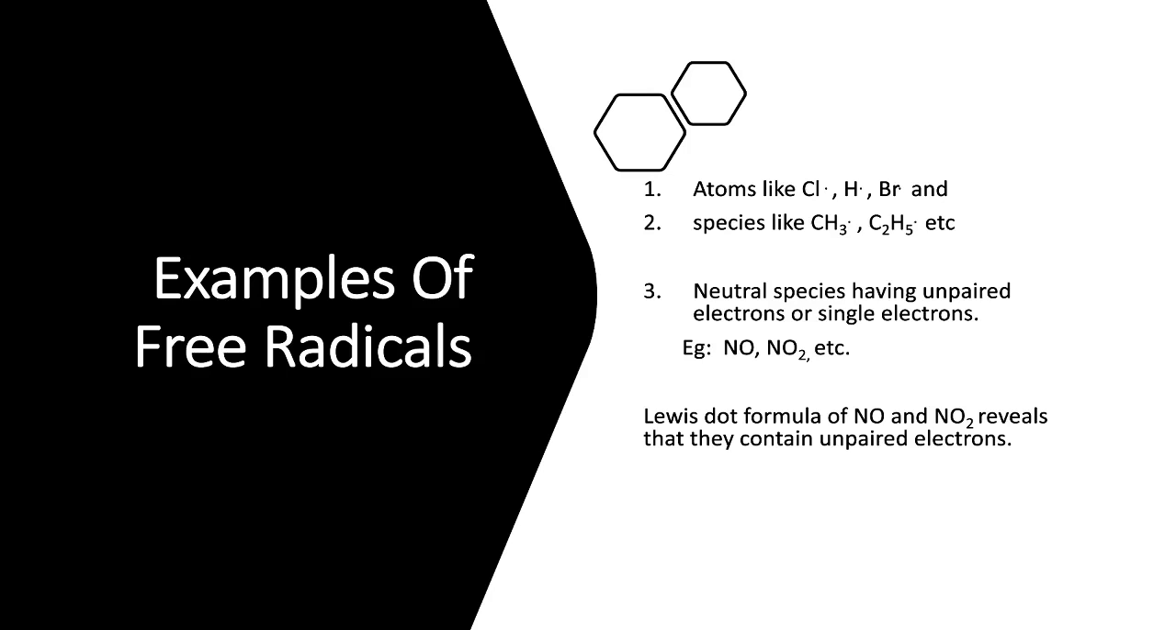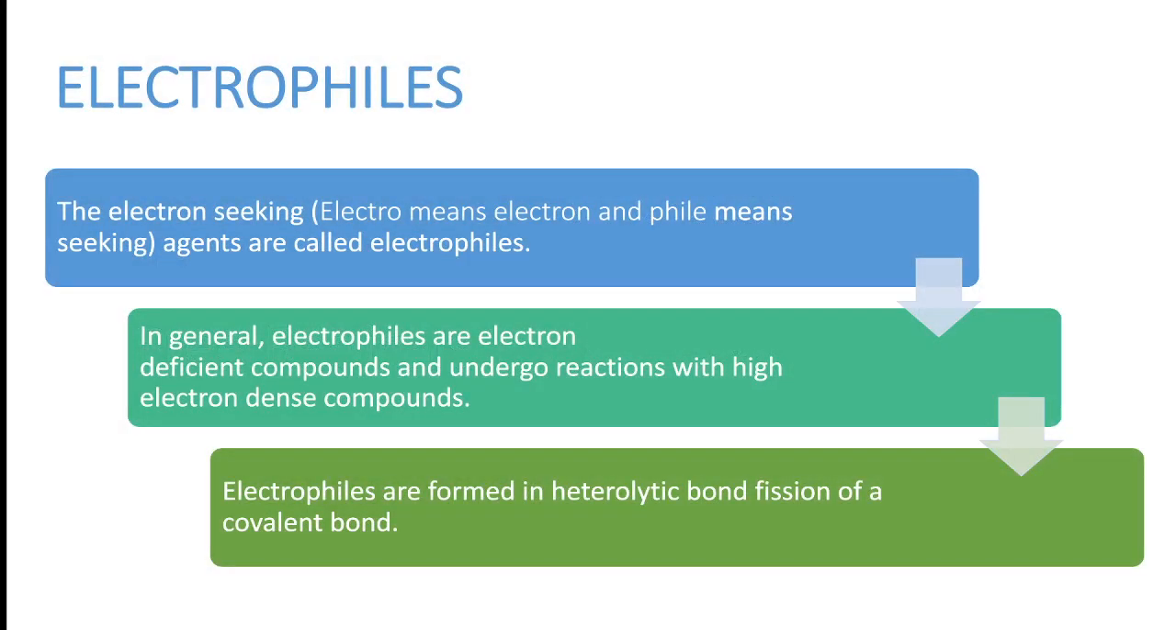NO and NO2. So if we consider the Lewis dot formula of NO and NO2 molecule, we will come across the unpaired electron present in these molecules. Thus, they act as free radicals. So next, second type of